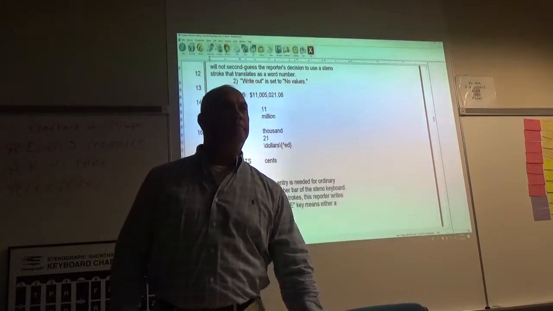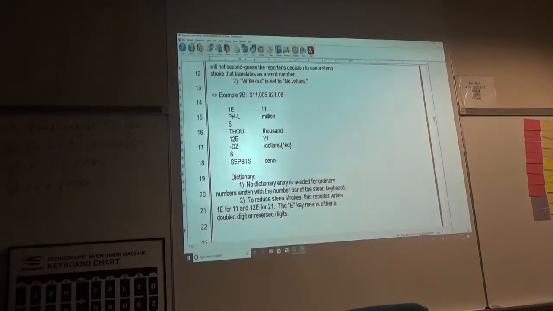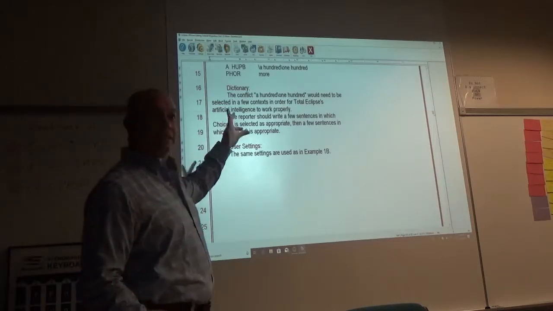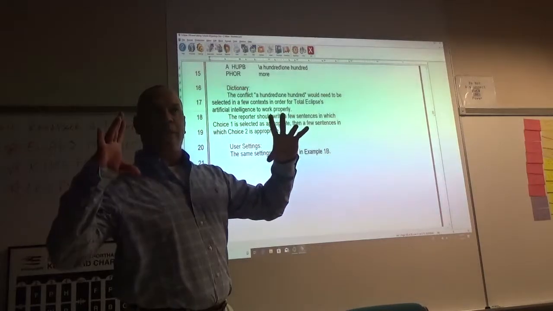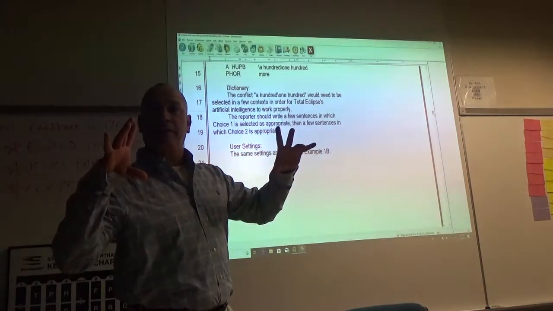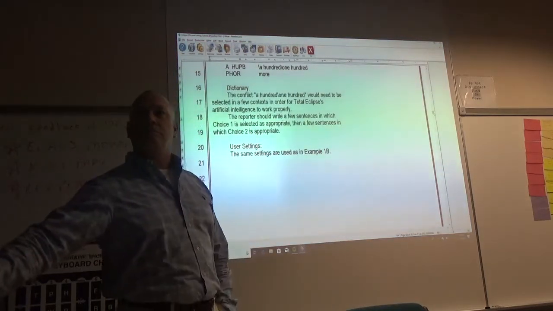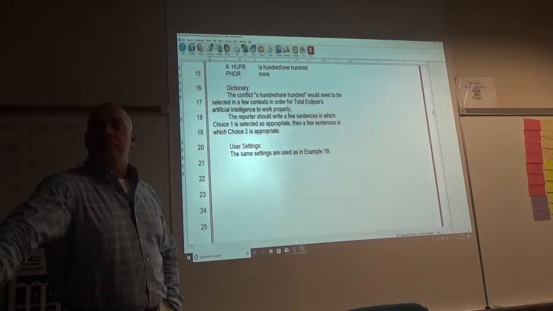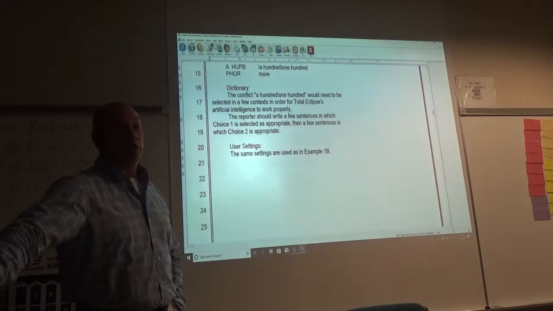So the brackets are telling it to do something. That's what the brackets are for. Much like with the time that we just did, it's telling it to convert it to time. The brackets tell it to convert it to something, not convert it to TIME. So when you did the T long I and asterisk after a number, let's say it's 5, it's going to be 5:00. That's what it's supposed to do.